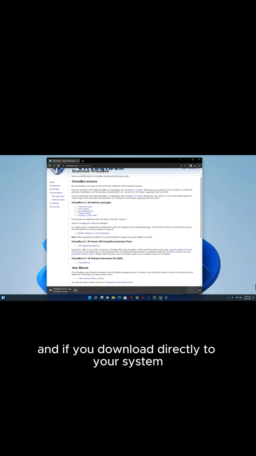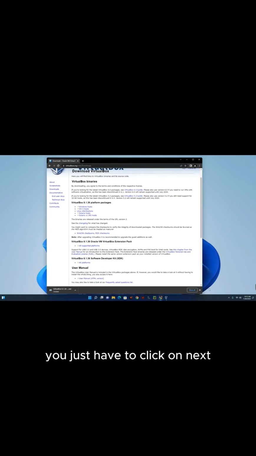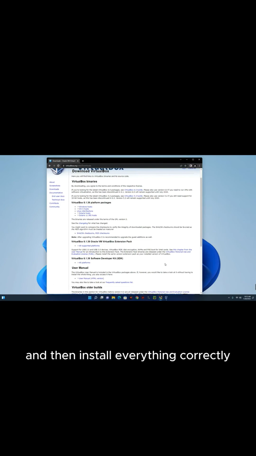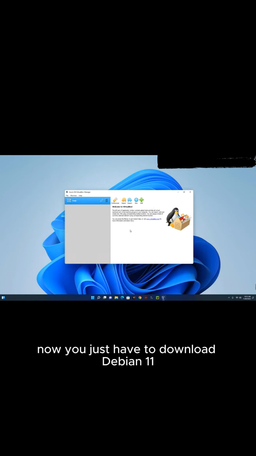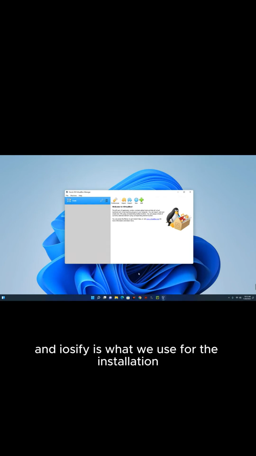to your system. Now the installation process is actually very simple. You just have to click on next and then install everything correctly. Now after installation, this is how your VirtualBox will look. Now we also have to download the Debian 11 ISO file as well, and the ISO file is what we will